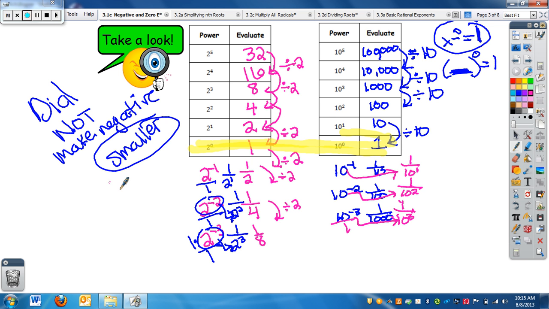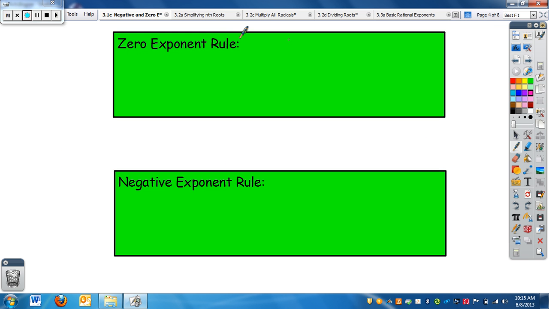So the negative exponent, it moves, it does not make it negative. With exponents, since we have all positive bases, it will never be negative unless we have a coefficient or something that is negative. So the 0 exponent rule, I just explained, anything to the 0 power is 1. No matter how big, how small, it's always going to be 1. The negative exponent rule, you need to think it moves